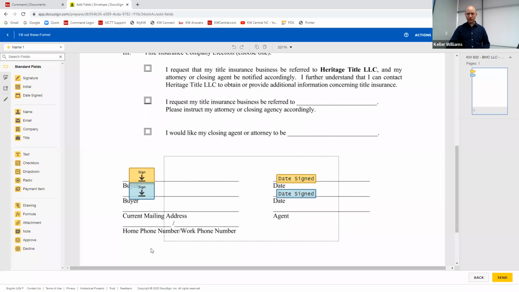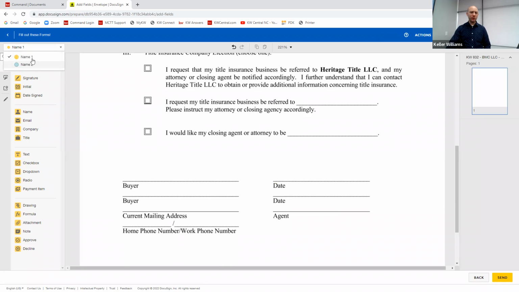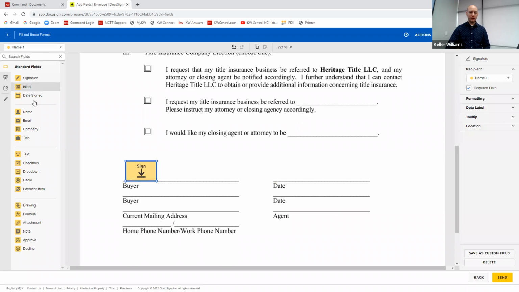So let's say these weren't here. Let's say that wasn't there. I've got buyer, and I've got name 1, name 2 up here for the 2 different people associated with this form. You'll notice that the boxes change color depending on who I'm going to arrange their fields for. So I'm going to name 1, yellow boxes, signature. Put that, you just grab it and bring it over there. And then they also need to know the date signed, so I'm just going to grab that and bring it